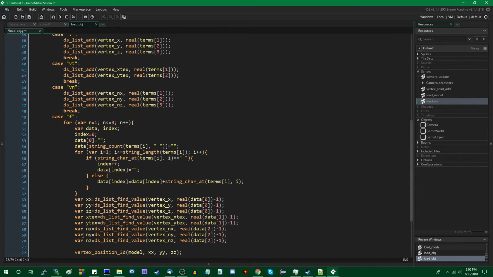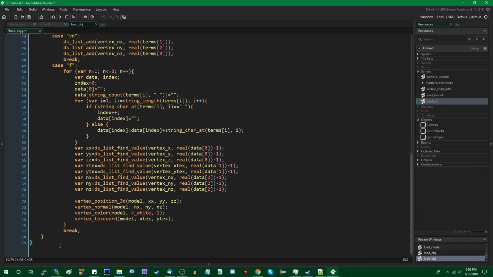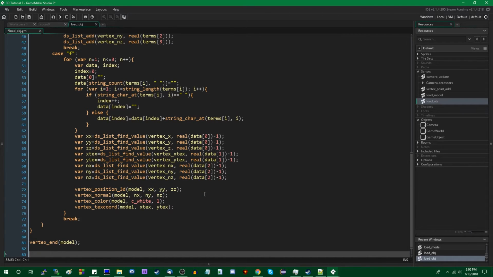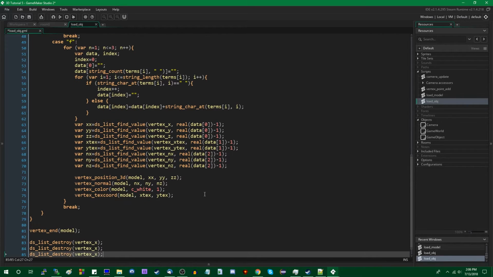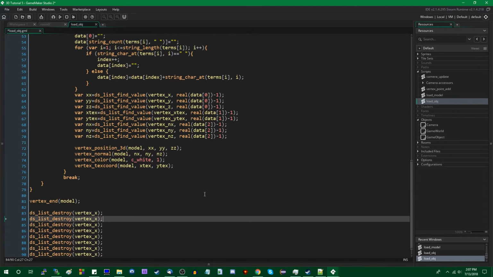After we are done with this while loop, after we've read all the information out of it, I can come down here, vertex_end, model, and destroy the data structures: ds_list_destroy, vertex X, Y, Z, normal X, normal Y, normal Z, X text, Y text.